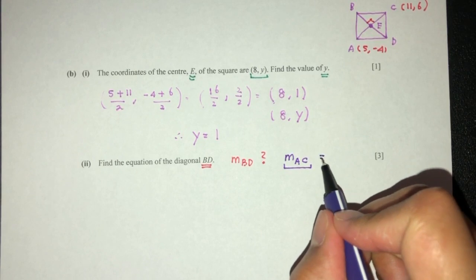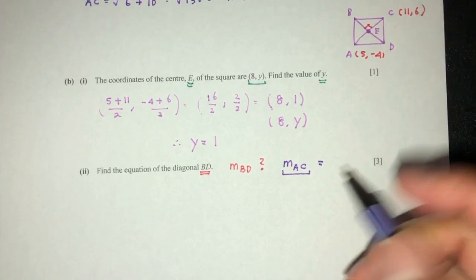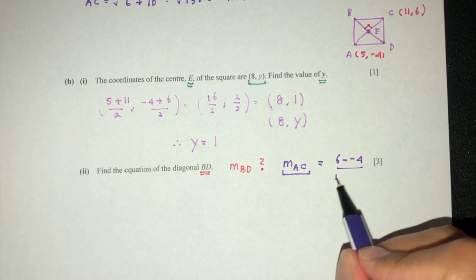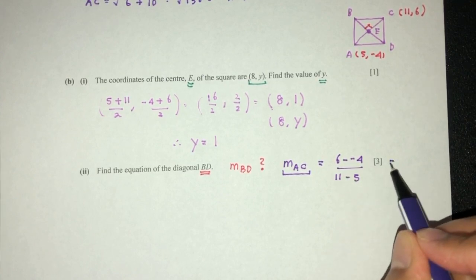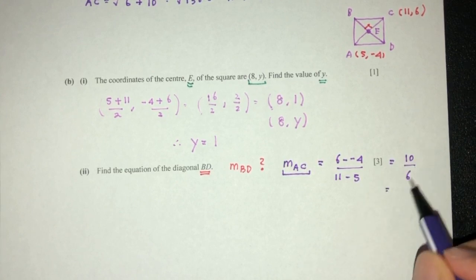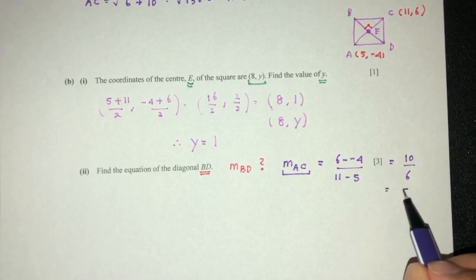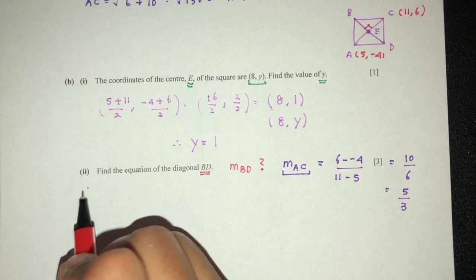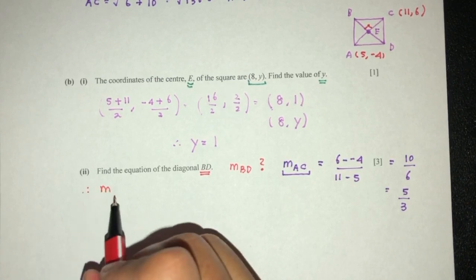So that will be what? y2 minus y1, so 6 minus 4 over 11 minus 5. That will be 10 over 6 divided by 2. That should be 5 over 3. Now this is the gradient of AC. Now from this, the gradient of BD,